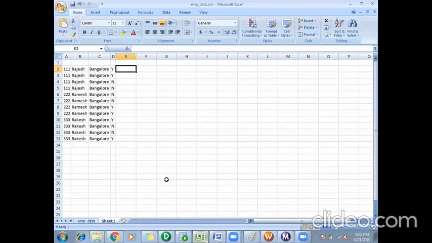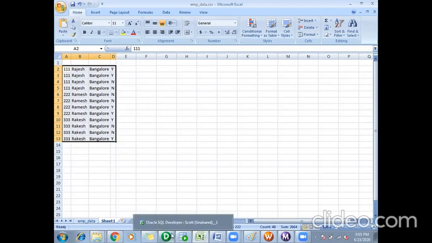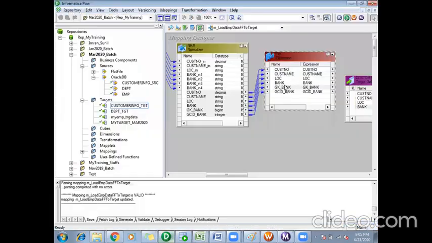Okay, so I have taken the data from my output table and I'm showing it in my Excel. So this is how my data was looking, what the output of the normalizer was. This is how the output of normalizer was looking, which we directly map to target. Now with this data, I am taking GK bank and GCID bank also